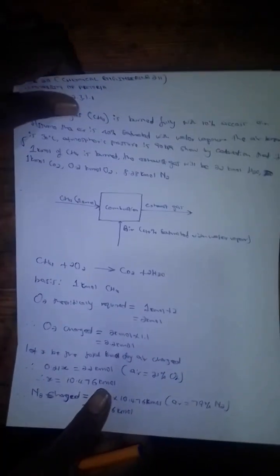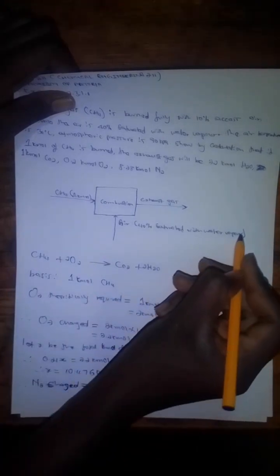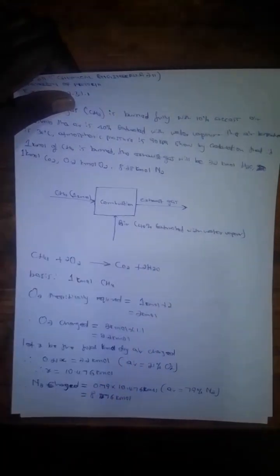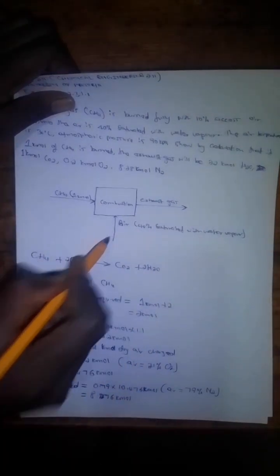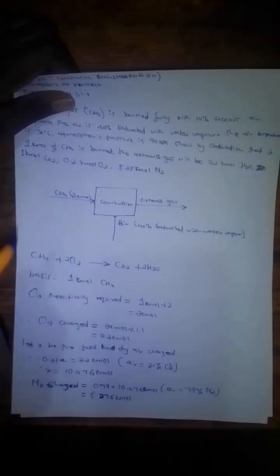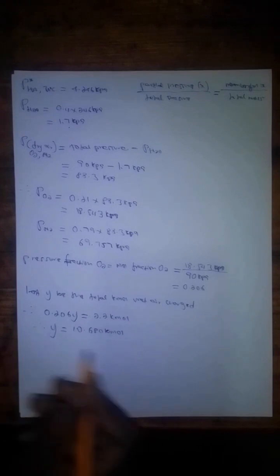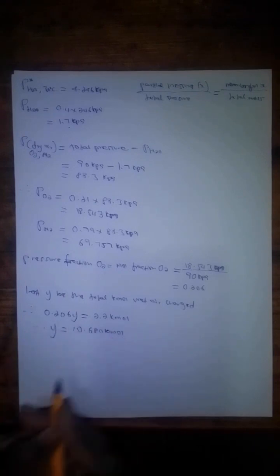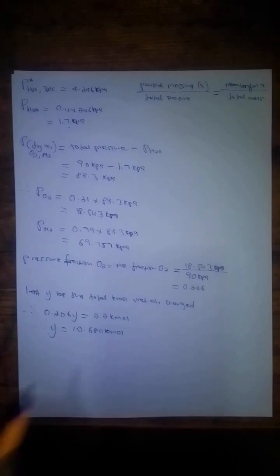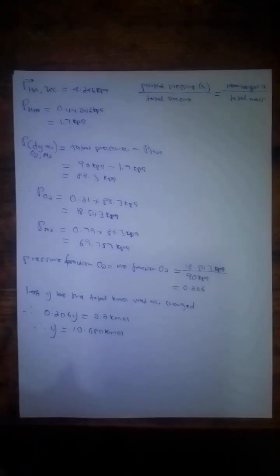So now we have two important things. We have the partial pressure of water vapor in this wet air, right? And because we have the partial pressure of water vapor in this wet air, we can get the pressure fraction, and that pressure fraction, we're going to use as the mole fraction. And after we get the mole fraction of this water vapor, then we almost are done, because remember, we have the total kilomoles of the whole of the wet air. So we have the total here, and then we just need the fraction. We have the total kilomole of the whole system. Now we just need the fraction of,